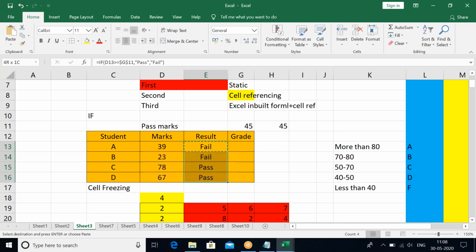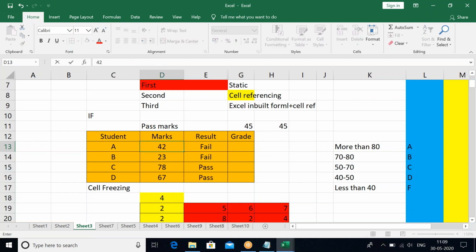और अब मैं इसको ड्रैग कर दूंगा तो यहाँ पे जो 42 वाला स्टूडेंट है वो भी फेल ही रहेगा क्योंकि पासिंग मार्क्स 45 होगा। दिस इज द वे यू शुड क्रिएट एक्सेल टेबल्स कि आप फॉर्मूले में किसी में भी कोई वैल्यू टाइप नहीं करो, हर वैल्यू को आप किसी चीज से लिंक करो। कोई डाउट है तो पूछिए। ये सेल्फ फ्रीजिंग मैंने एक फॉर्मूले के अंदर यूज कर लिया।